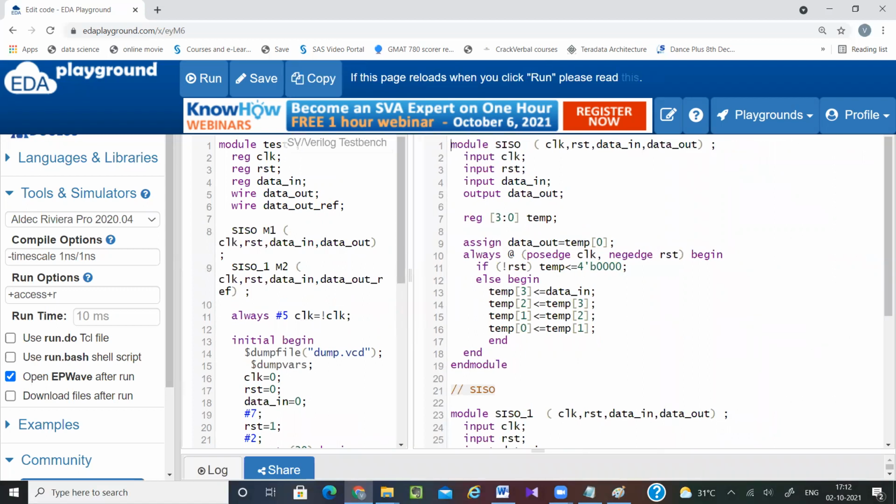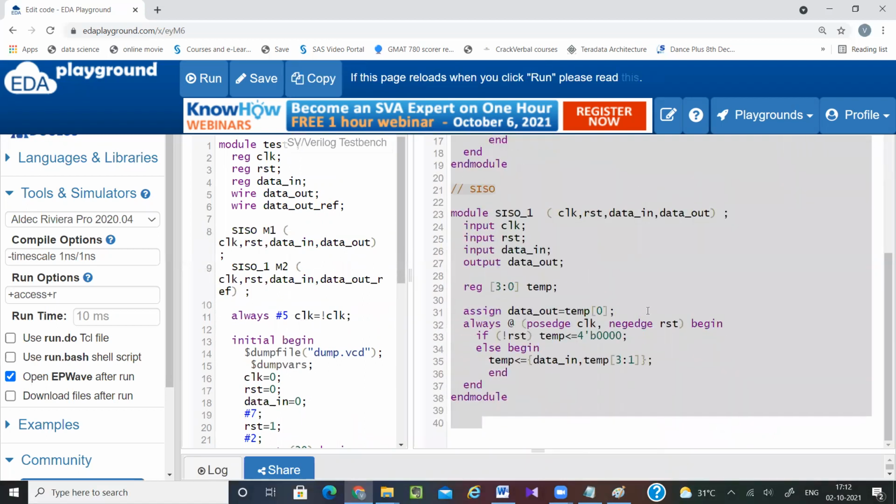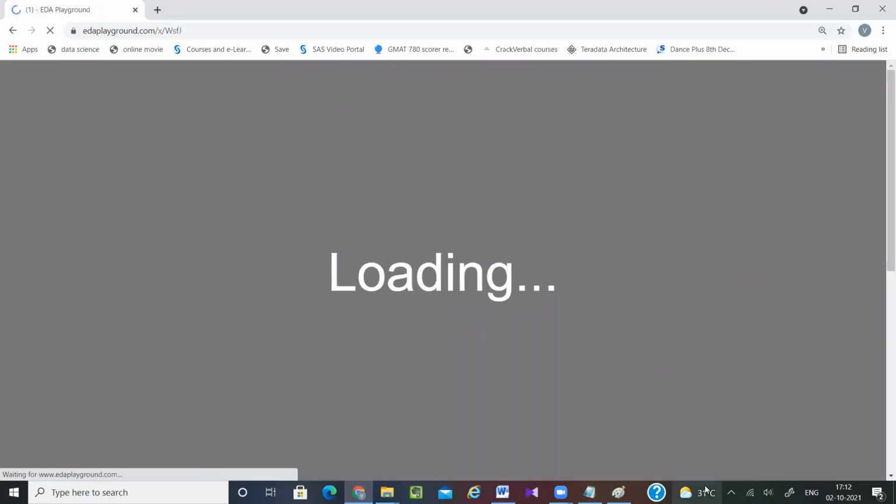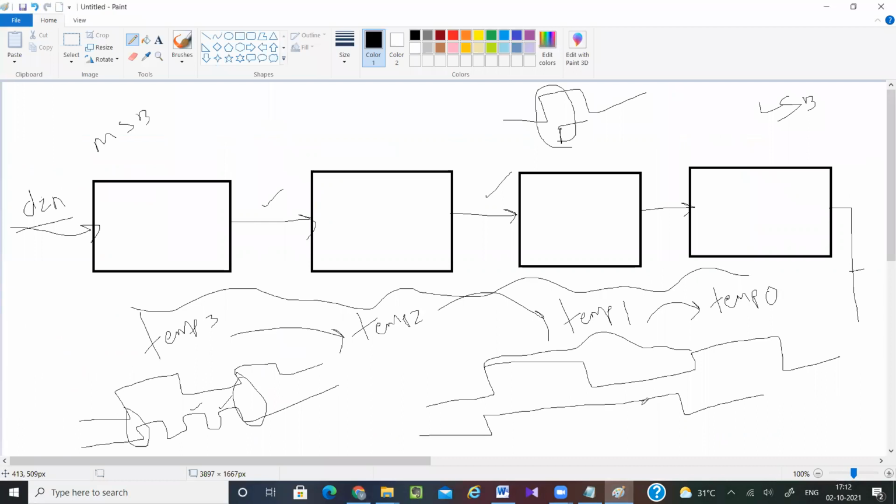So it is like right shift. Right shift means I am shifting from MSB to LSB. Let's say you want to do the same with left shift. Left shift means value will change from here to here.